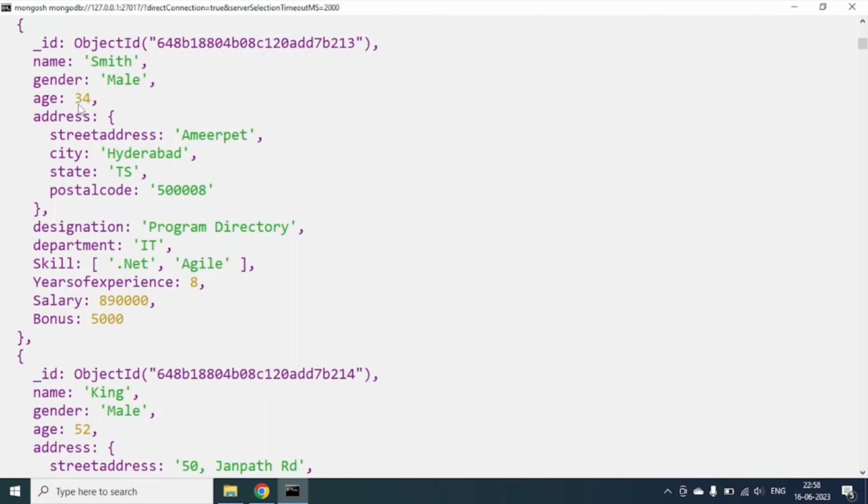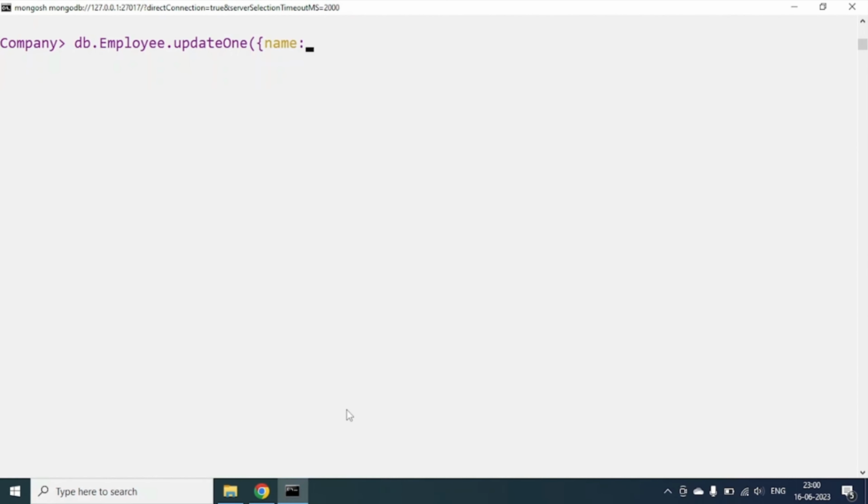Now we will understand the min operator and max operator and how you can use them in our collection by using the update statement. Let's understand this example. The employee Smith's age is 34, but we have entered the age wrongly. Smith's age is actually 30. So I will use the min operator to update the record. I will pass the employee name Smith, then the min operator, then age, which I want to change to 30.